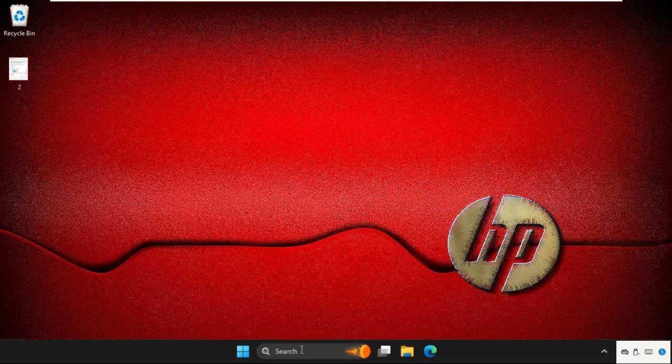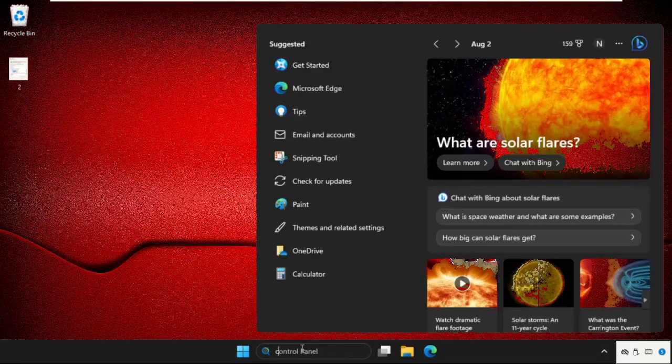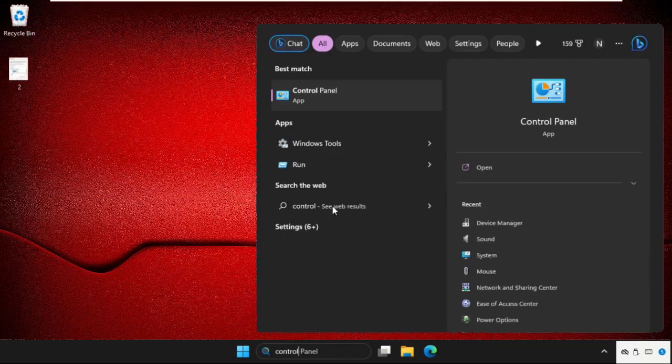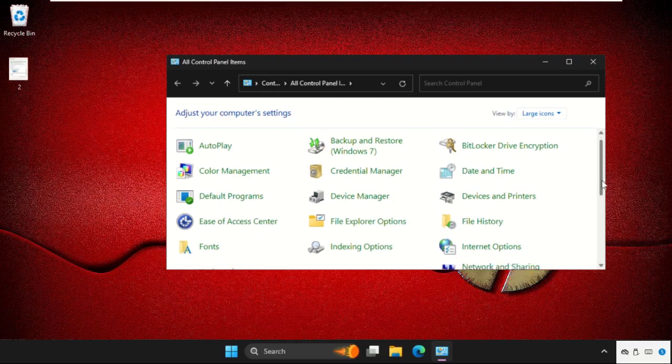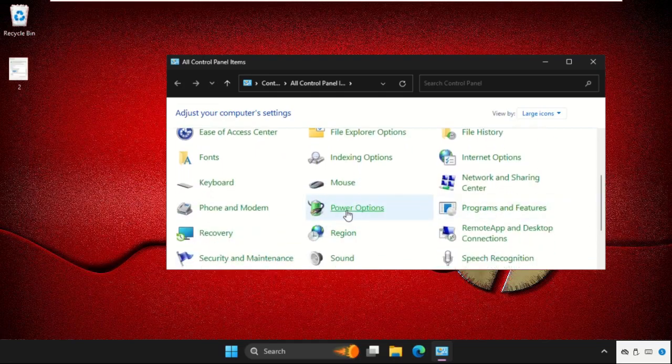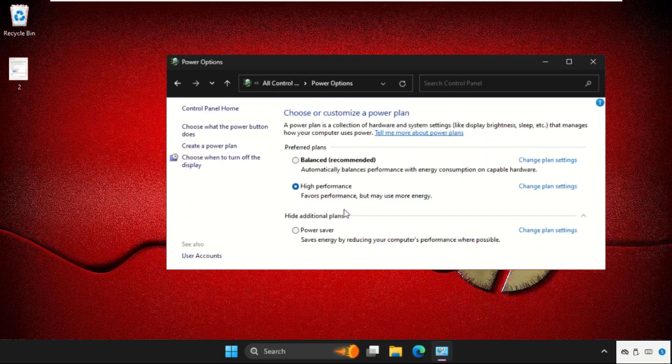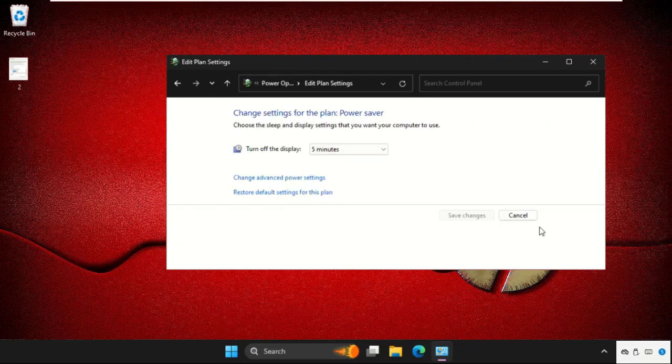The first step, go to search bar and type here control panel, then click here to open it. Once we are here, we need to select view by as large icons, then just scroll down and click on power options. Once we are here, select power saver mode, then click on change plan settings, then click on change advanced power